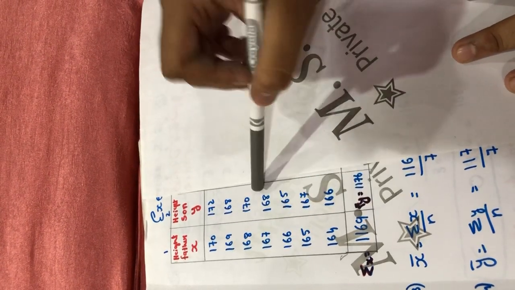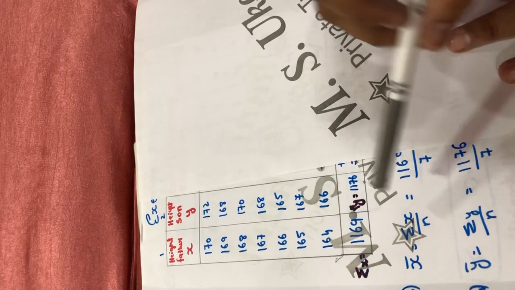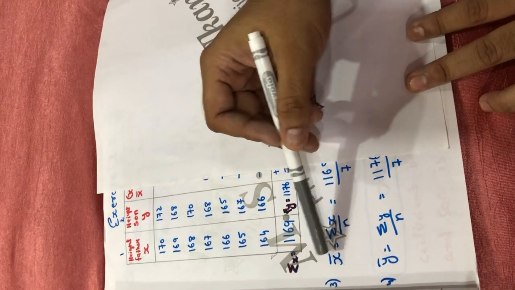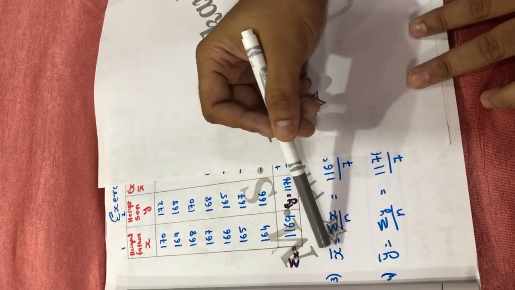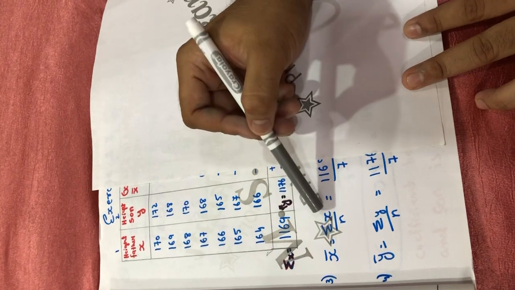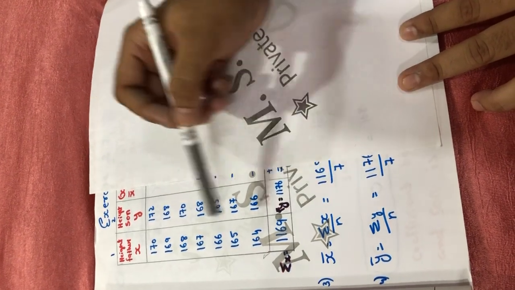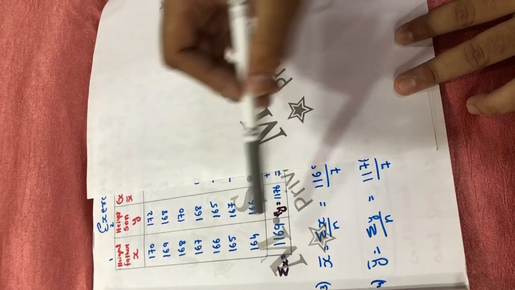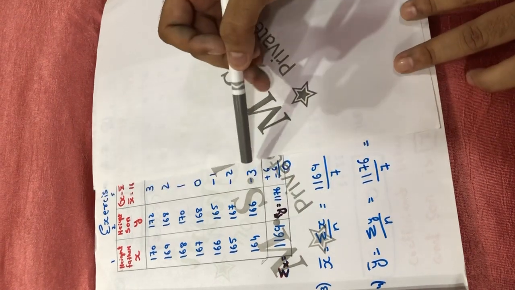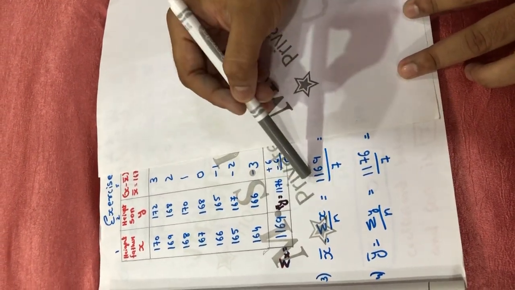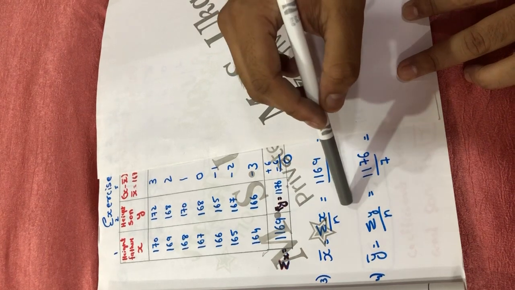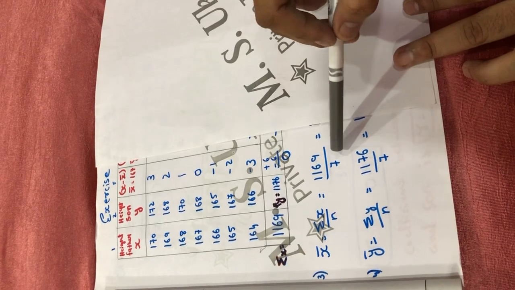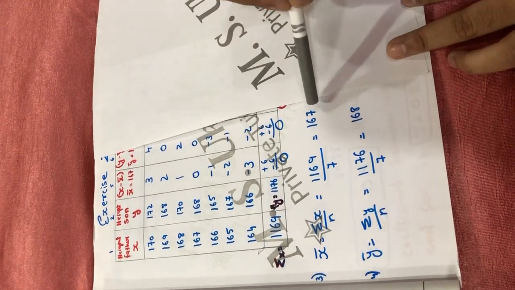After writing the first 2 columns, the first step is to find x bar. Now how will we get the x bar? X bar means the mean, so summation x upon n. As you know, we have to add the column of x. So we will get 1169. Summation x is 1169 upon n. N means the number of families given in the sum, 7 families. So divided by 7, our answer will be 167.